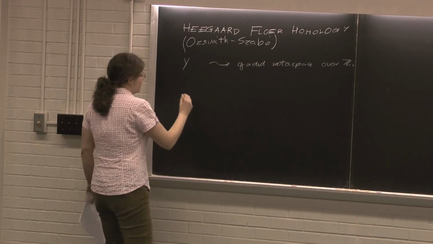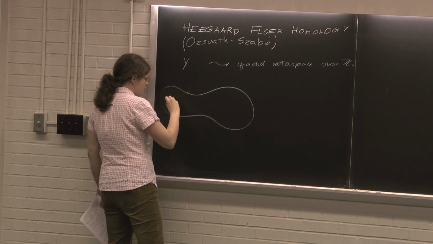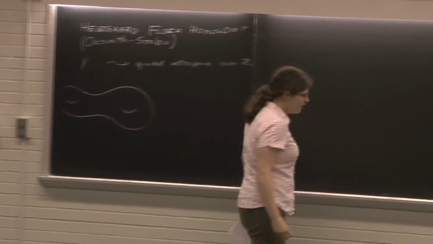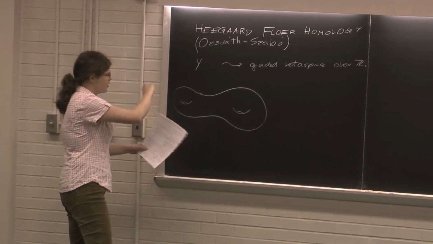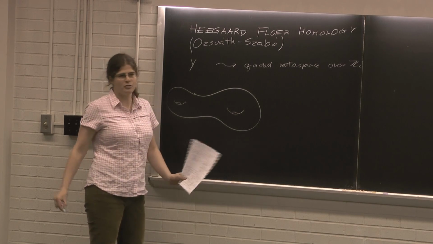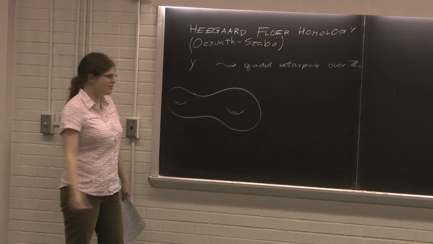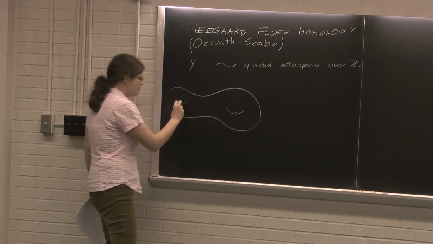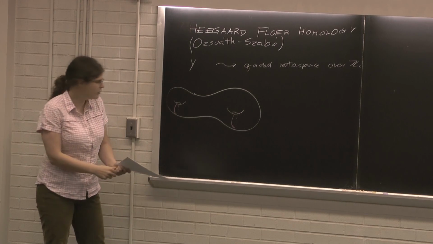And the way it does it is that it associates the homology of a chain complex. So if you have a three-manifold, then you can always describe it with its Heegaard decomposition. The Heegaard decomposition divides your three-manifold into two handle bodies, and the two handle bodies can be described by curves that are trivial in the handle bodies. So for example, if I want to describe the handle body which is visible here, then I would do this,